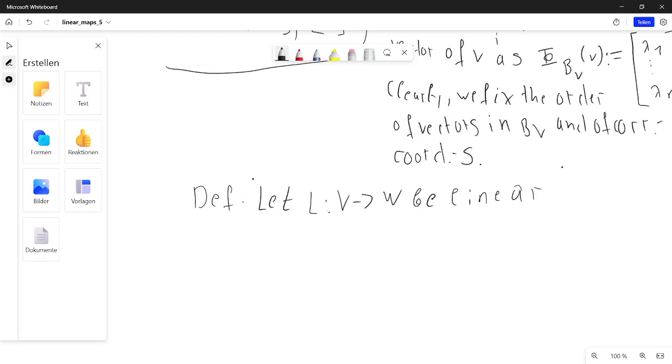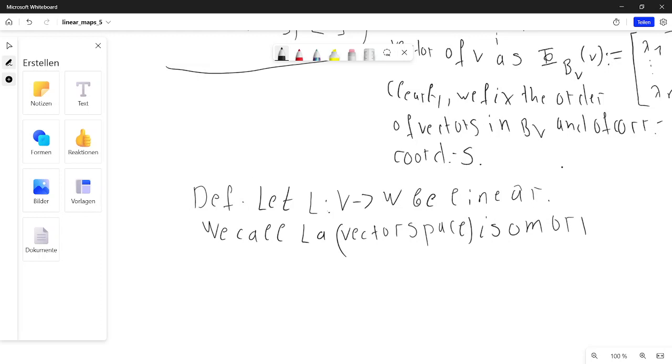We call L a vector space isomorphism. In this course it will always be only about vector space things. So, vector space isomorphism if